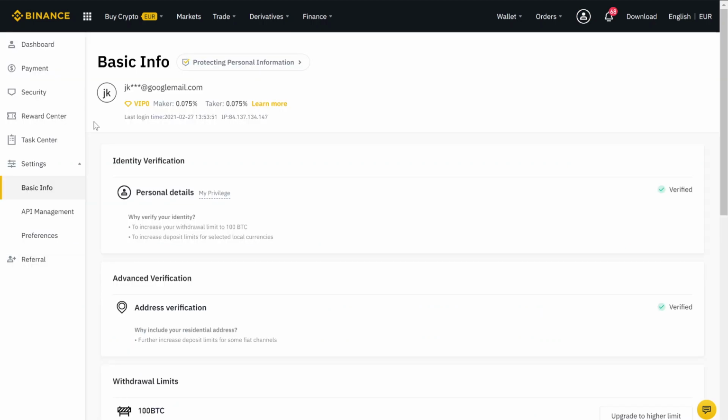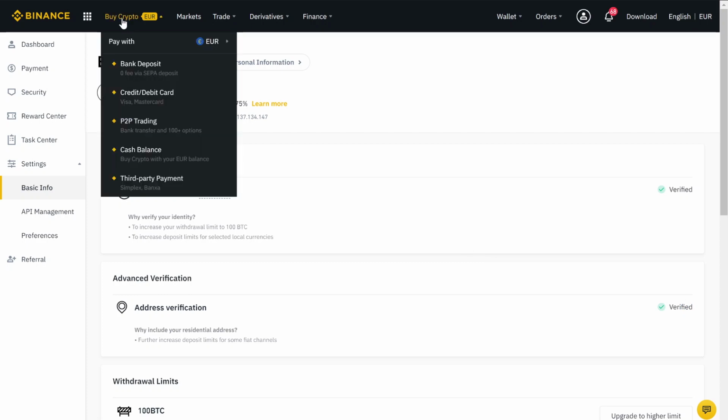The identification is necessary to be able to deposit some money, and this is the reason why you should do it. At first you do this verification here by clicking on it, and after this is done you just do the address verification by clicking here on verify. After the verification process is done, you are able to deposit some money by clicking here on buy crypto and